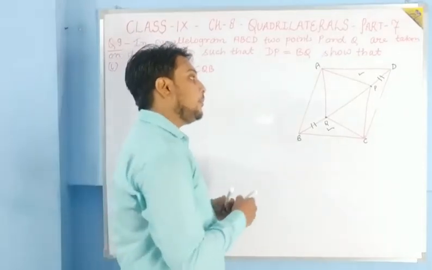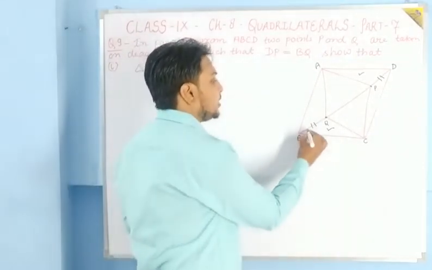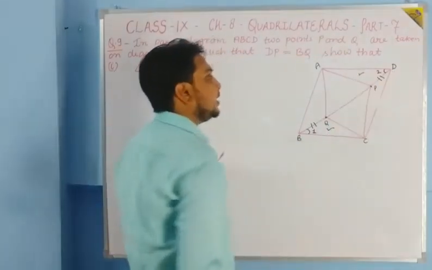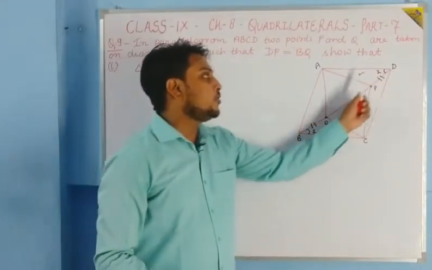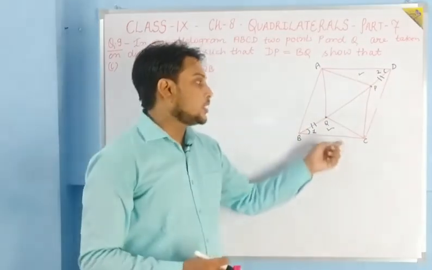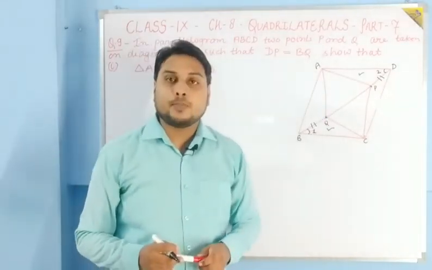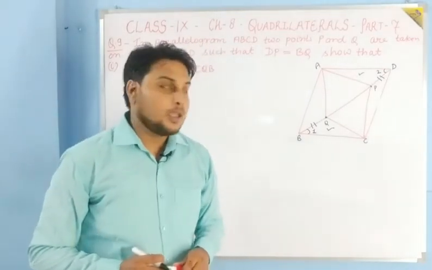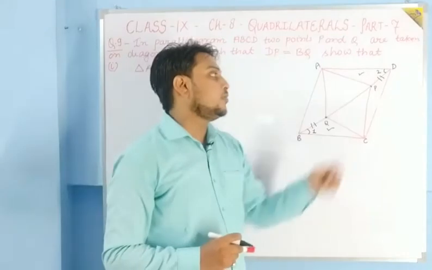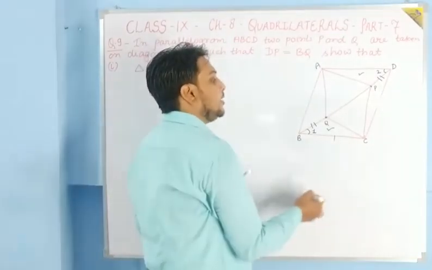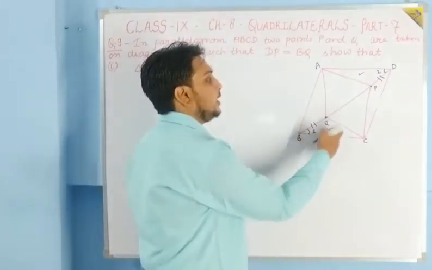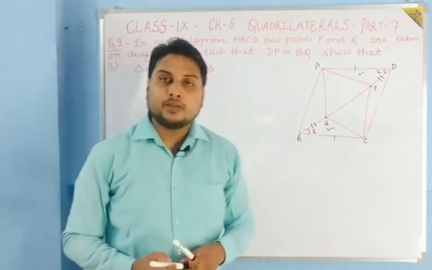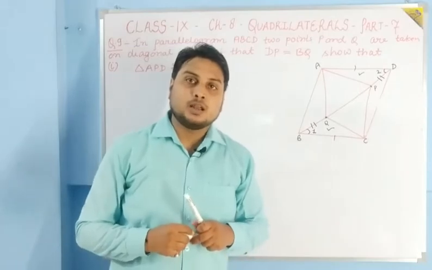Okay, so if they are also parallel, then suppose this is angle 1 and this is angle 2. Then we can say that angle 1 is equal to angle 2. Why? Because the sides are parallel, and if they are parallel, then their alternate pairs should be equal. So because of that, angle 1 is equal to angle 2. So here what criteria are we having? We are having side angle side. So by this criteria we can prove that these two triangles are congruent.